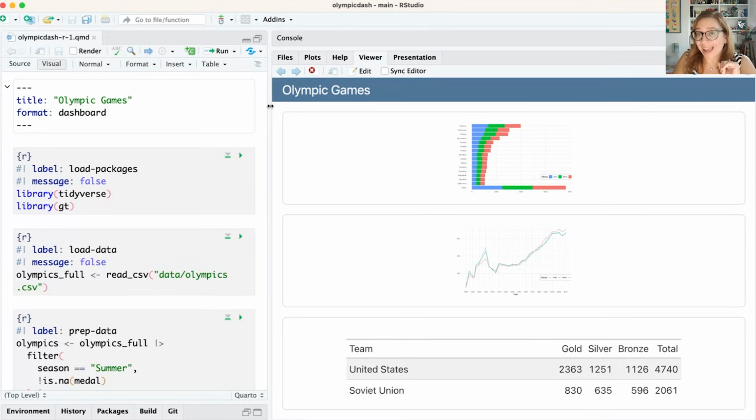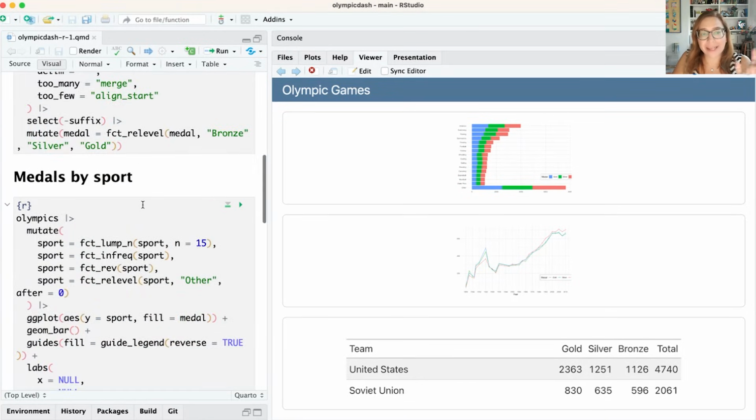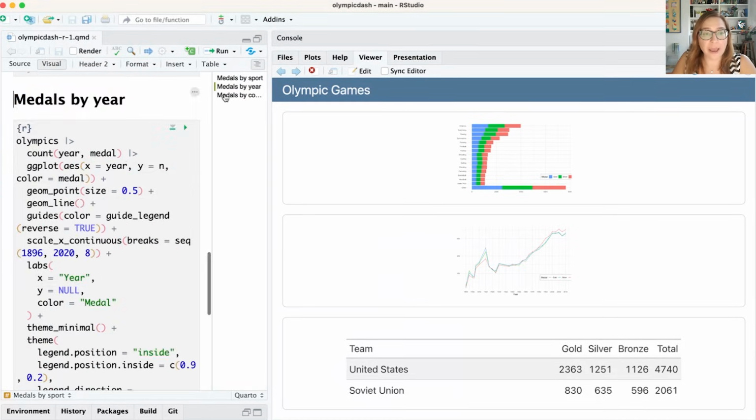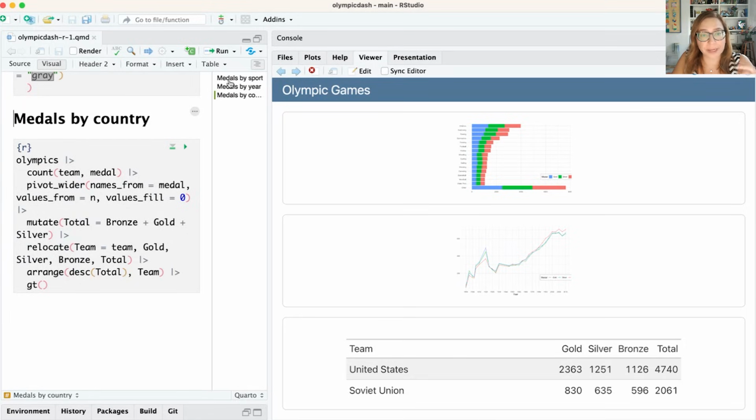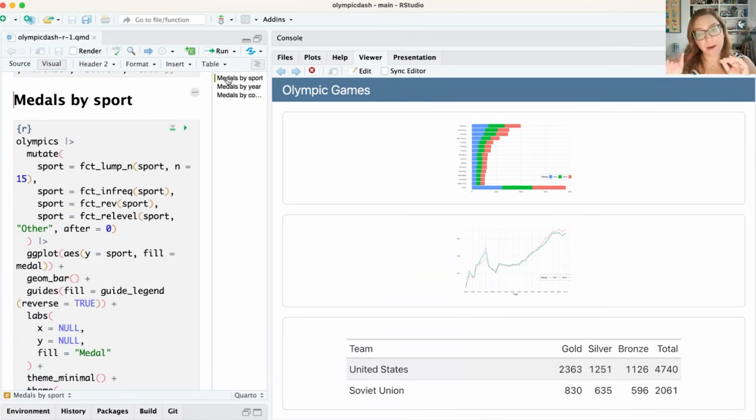Next, let's go ahead and add some titles to our code cells. And something to note here is that in my document, I actually have some headers to begin with. I can look in my document outline that I had these 3 headers, medals by sport, medals by year, and medals by country, and none of those words are visible in my output. This is because these headers end up telling Quarto something about how to organize the content, but the text that's actually associated with them is not reflected in your dashboard. Instead, we're going to capture that information as code cell titles.